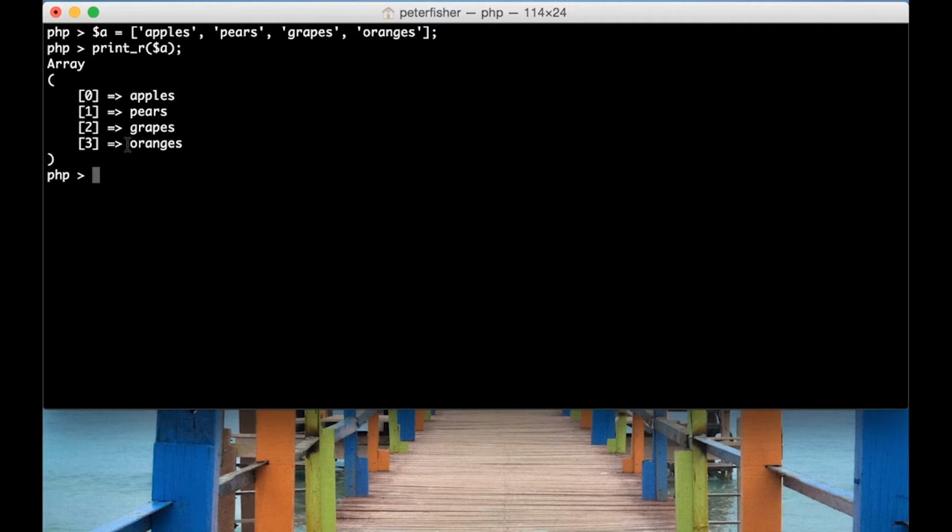Okay, we're going to remove one of these elements now. So we're going to remove, let's say, the grapes. To do that we would do unset on the value of grapes with a key of 2. So we're going to remove that, and then if we did a print R again, we can see that grapes